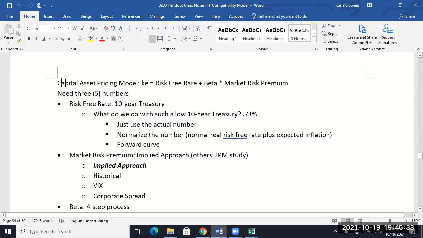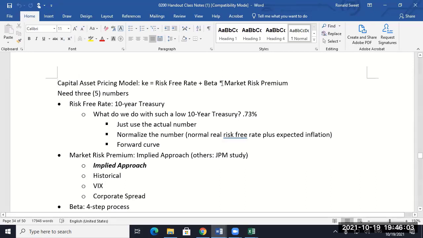Right, so I don't know why it says 5 there, but you need three numbers. That probably has to do with inflation. So a risk-free rate, beta, and the market risk premium. Risk-free rate and market risk premium are the same for all stocks. So when you write paper 5, if you wrote it 100 times for 100 stocks, the only thing that would change would be the beta. Everything else would be the same. You don't have to change that.